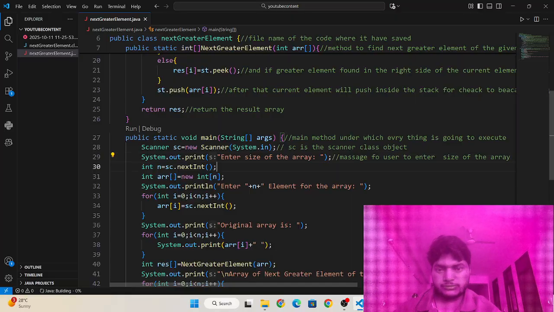and this is the variable for the size of the array.